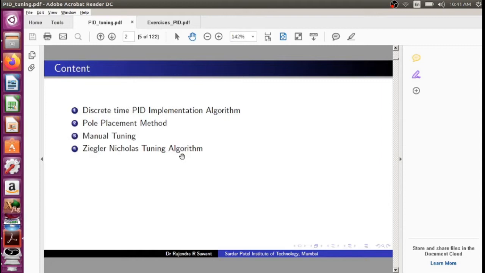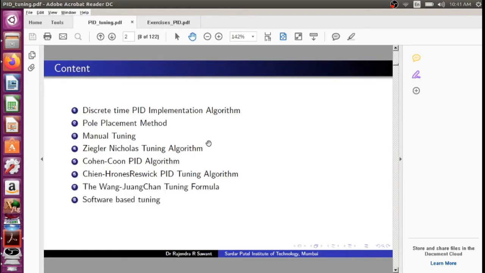Then Ziegler-Nichols tuning algorithm, Cohen-Coon PID algorithm, then Chien-Hrones-Reswick (CHR) PID tuning algorithm, the WJC tuning formula, software based tuning, and finally we'll be demonstrating to you the PID tuner facility of MATLAB.